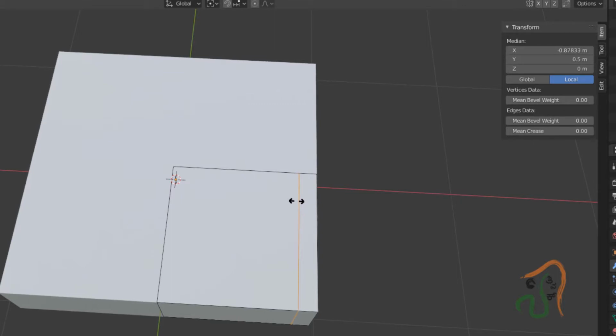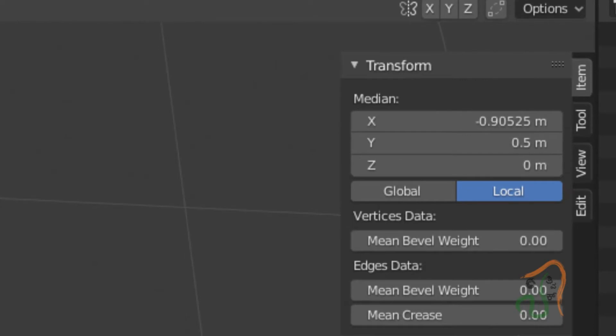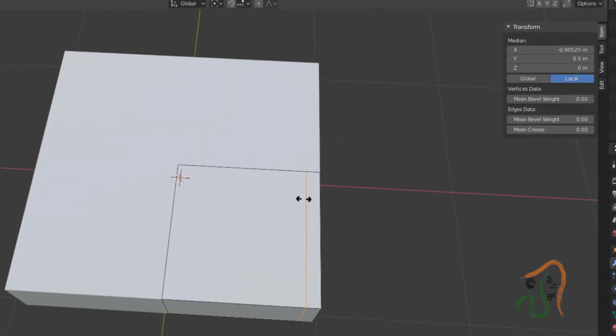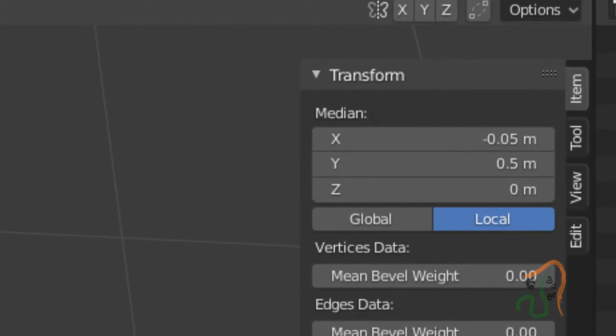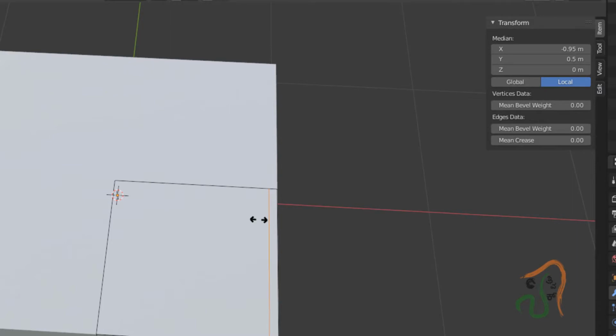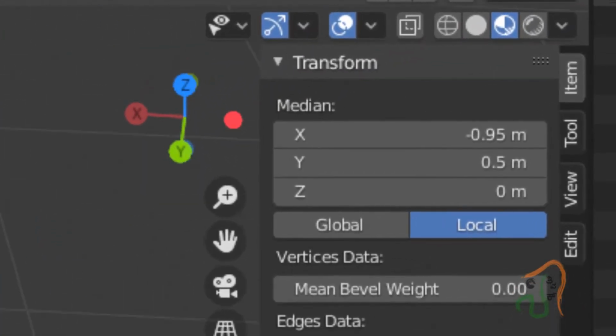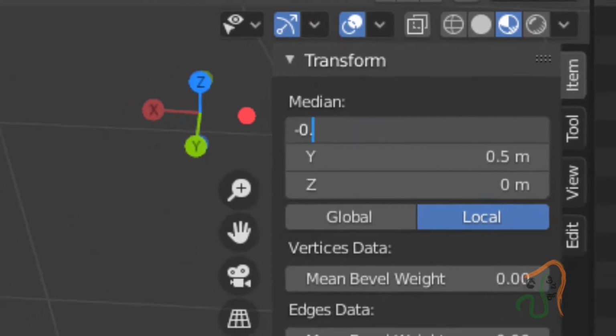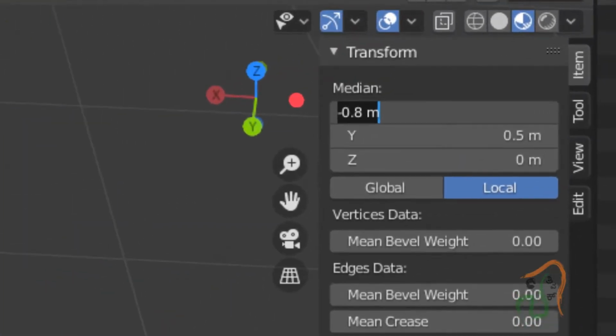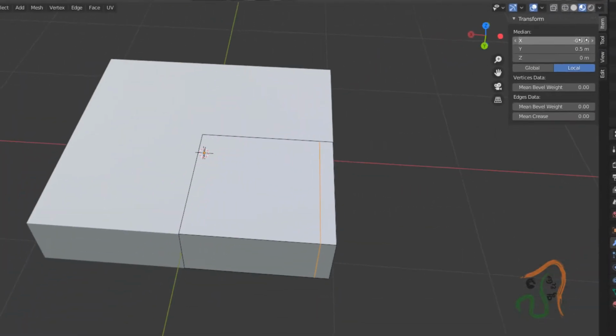Approximately in the transform you can see, you move it to around 0.9. Okay, 0.9, not 1, so minus 0.9. Okay, or I can even make it minus 0.8. So you can just move it around here and click it. So we have created one edge here. This is minus 0.8. Let us make it minus 0.8, or minus 0.9 only is correct. Okay, let us adjust its position to minus 0.9 with the edge selected.